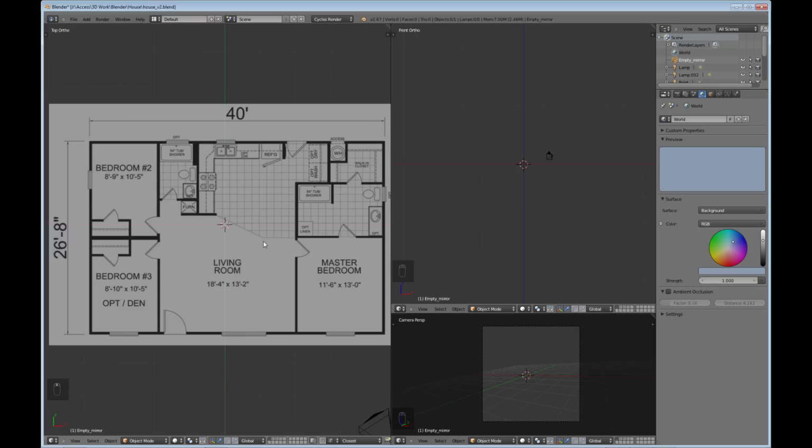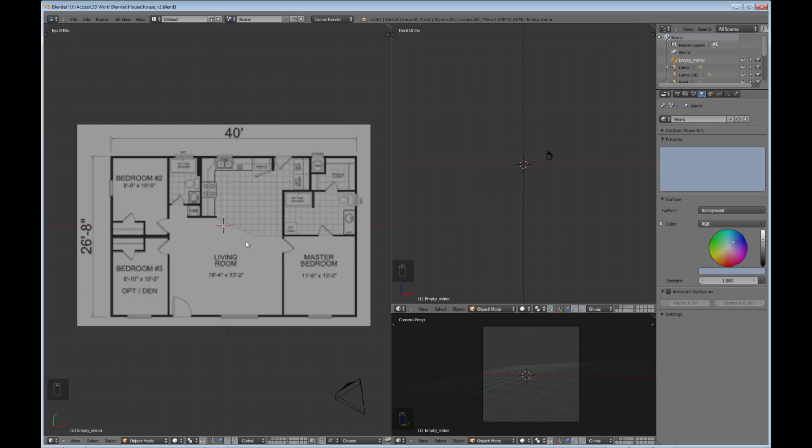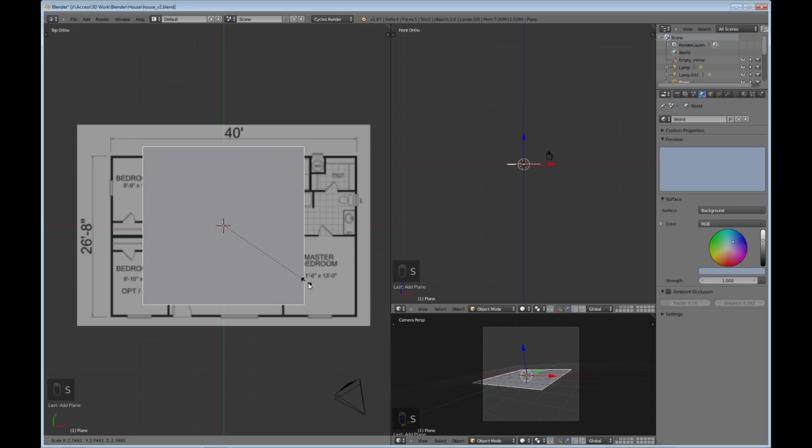One other thing before we start, you notice that this house is 40 foot by 26 feet 8 inches. You can actually model to scale in Blender. And just to show you real quick, actually, we need a floor for this house anyway. So let's go ahead and do a Shift A. I'm going to do a mesh plane. And I'm just going to scale this up,